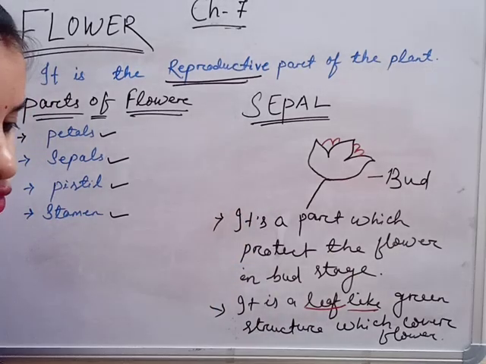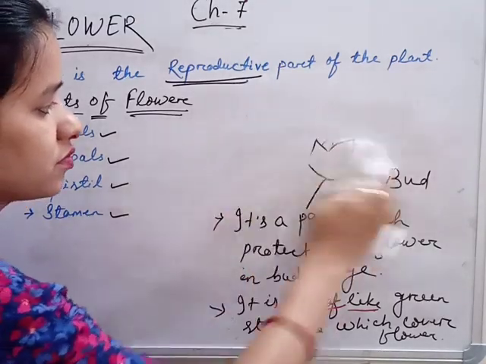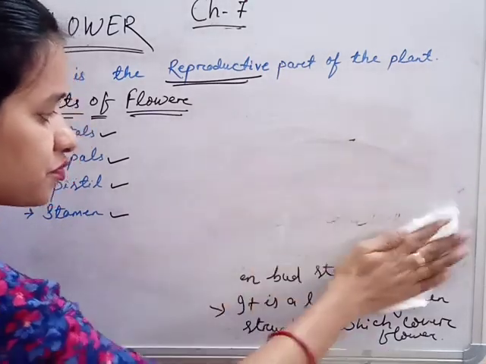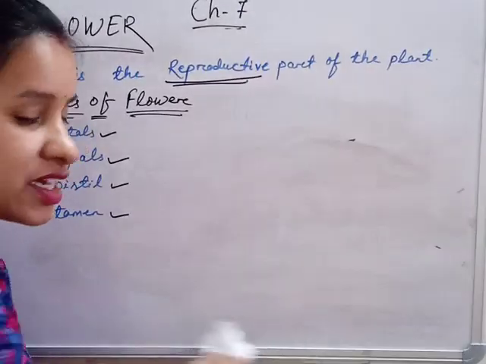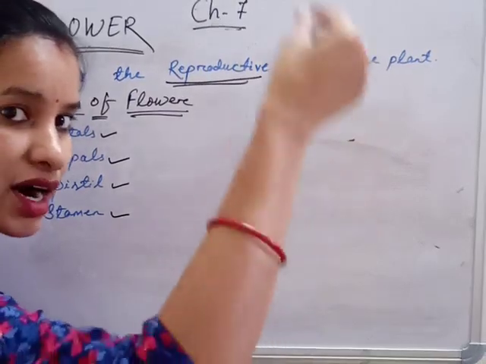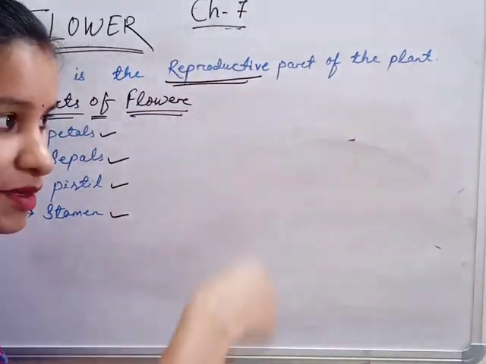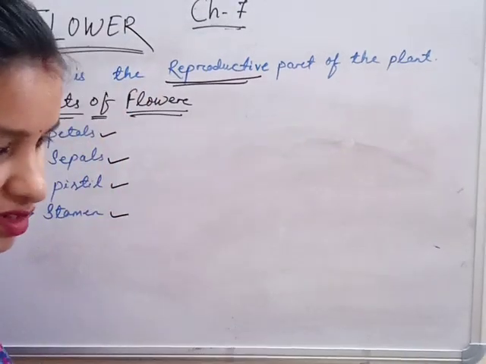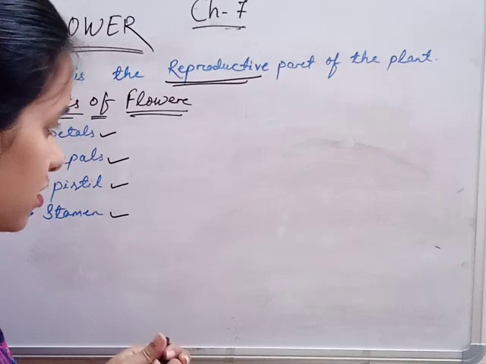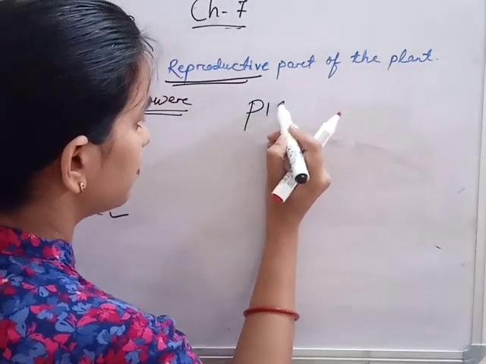Next we move to the pistil. It's an important part. Let's see. If you have a hibiscus flower, in the middle there is one thick part. Okay, you can see the middle part in the hibiscus flower like this. Let me first write the heading. Our next heading is pistil.